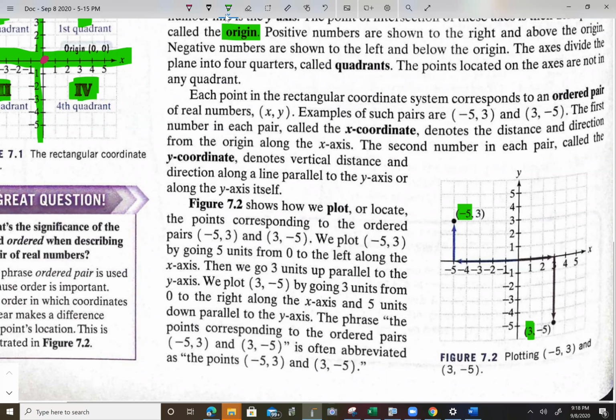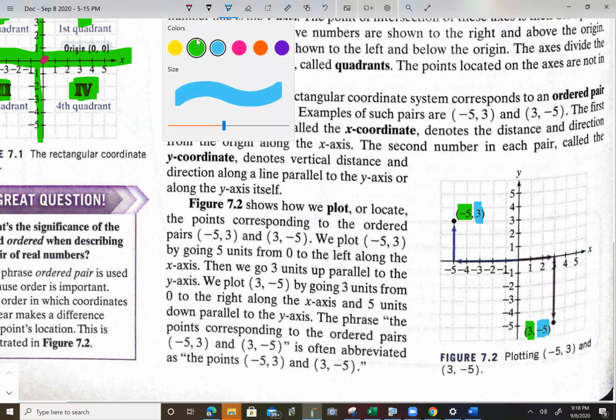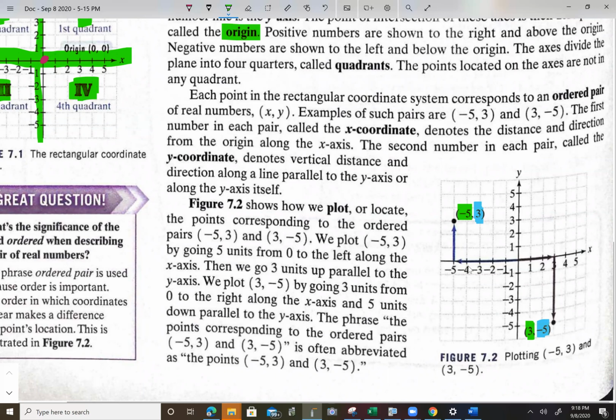And they also have a y value, which I will highlight in blue. And what you need to remember is that the x value of that point, if you go down to the x-axis,